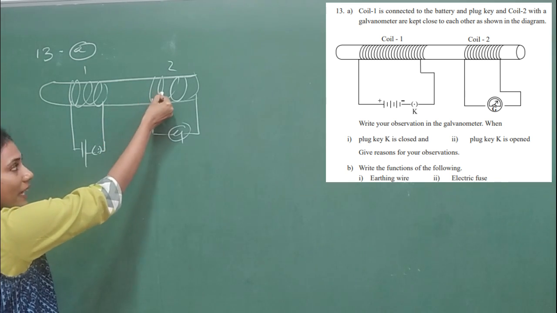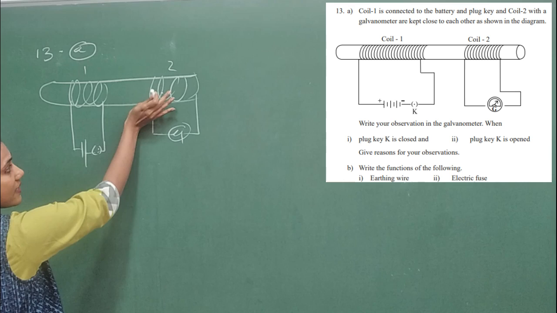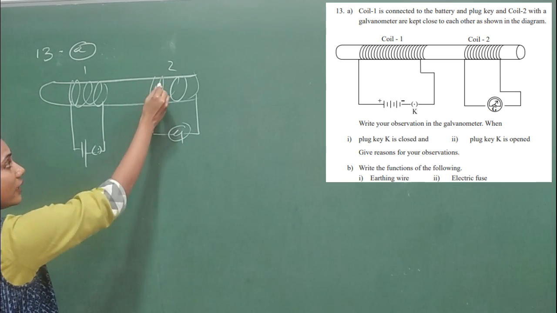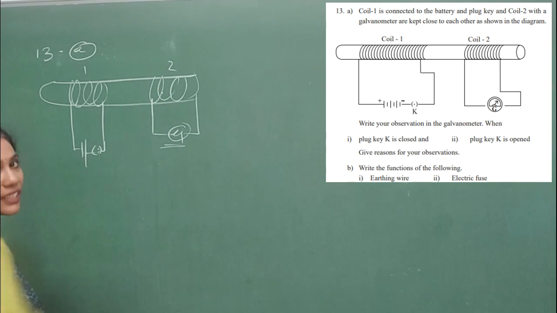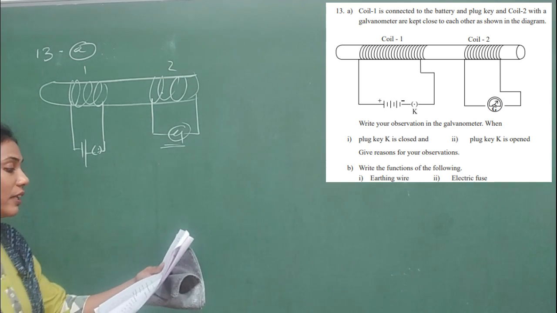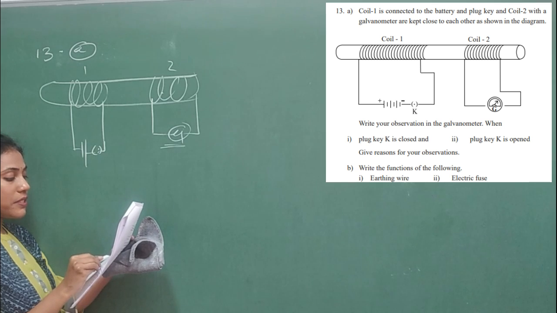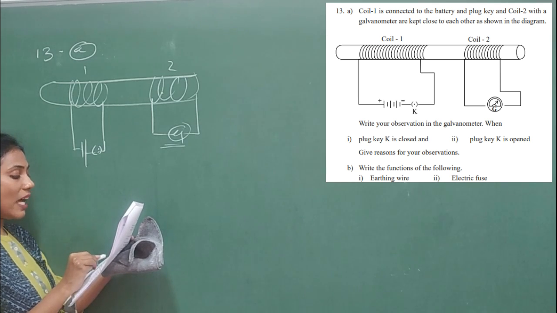And a changing magnetic field induces current. So whenever current is induced in coil 2, you will observe a deflection in the galvanometer, right? So this is the experiment that we studied. What they are asking is, write your observation in the galvanometer when plug key is closed